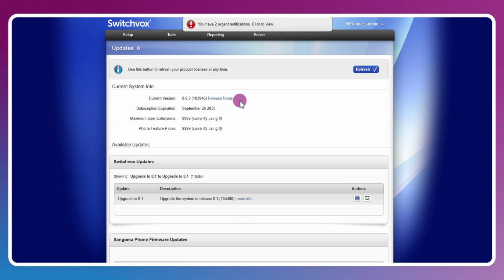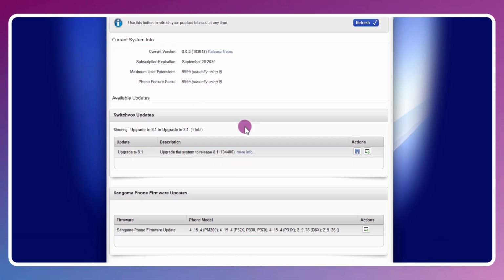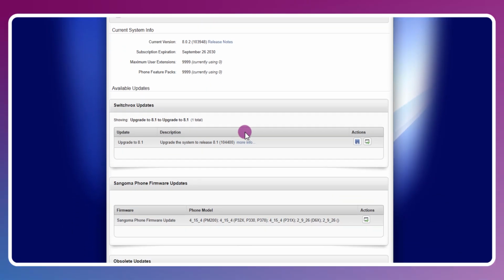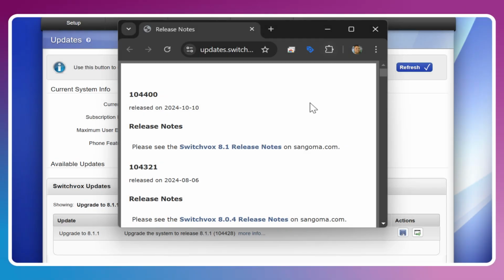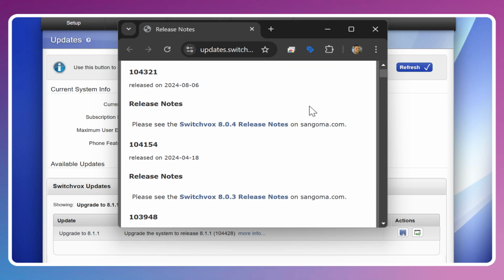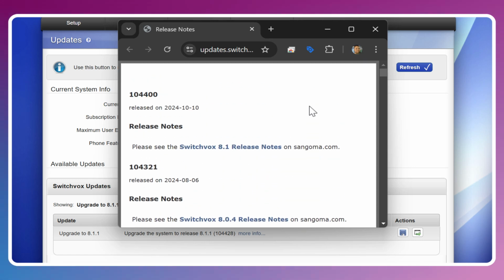If all's gone well, we'll see an overview such as the one in front of me. Aside from the current version release notes and our subscription information, I'll come down to have the available updates with release information here as well. Go ahead and click on the latest version to find out more detail about what's been updated, what's changed, and if there's anything important that you'll need to know, that'll be included in the release notes.